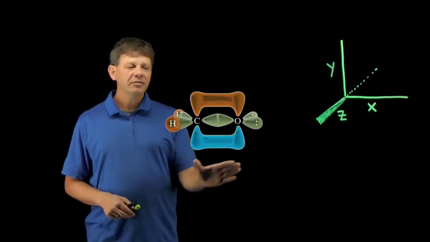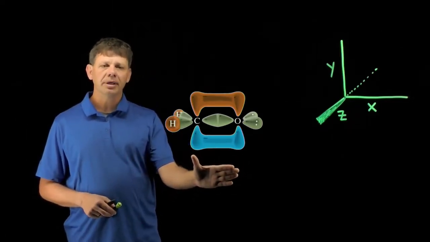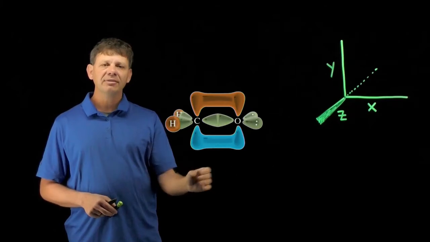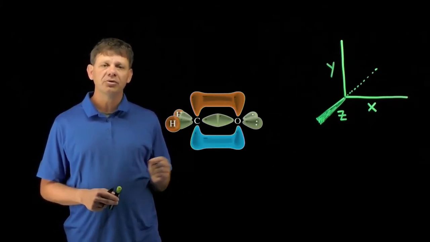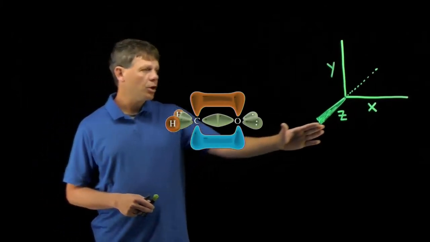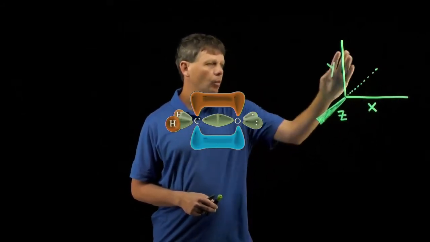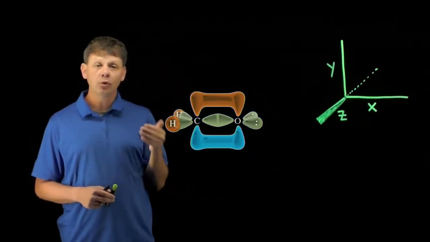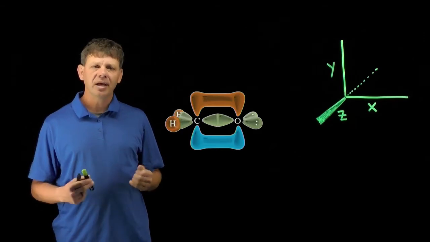This assessment gives us a representation of the molecular orbital picture of formaldehyde and asks us which p orbitals were used to make the pi bond. I've shown the axes here, x, y, z, coming towards you and away from you to help us answer this